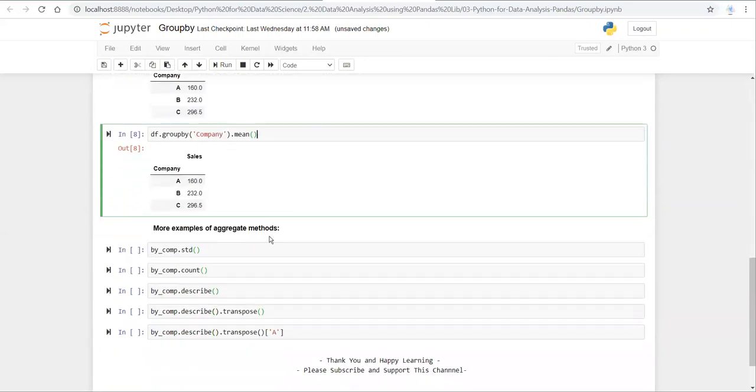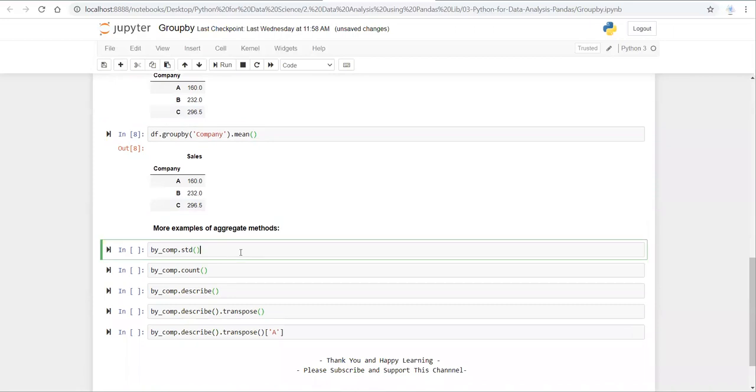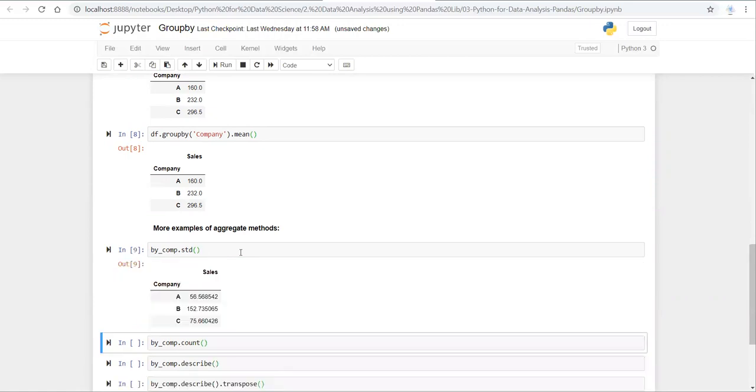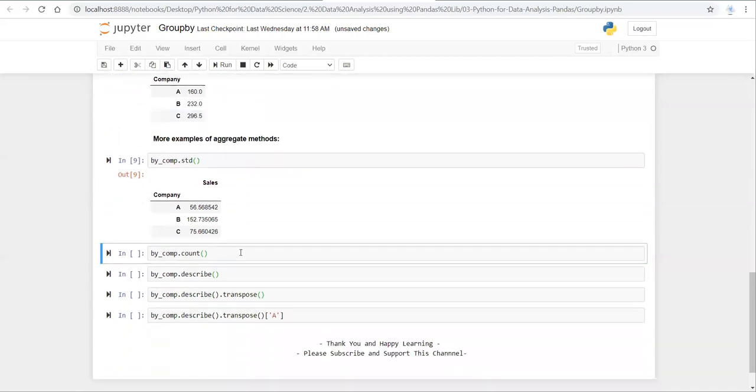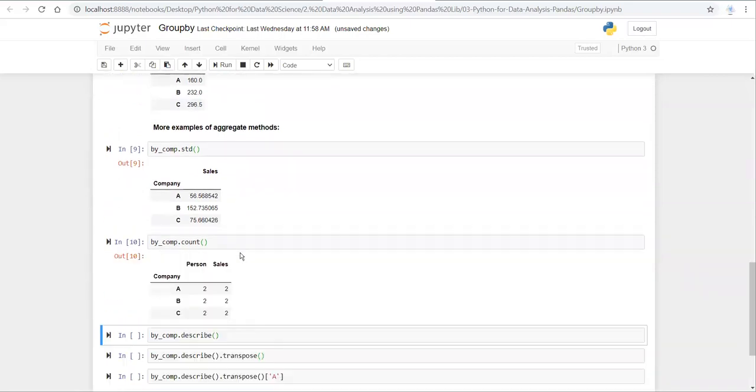Now let's take one more example. Suppose I want to find the standard deviation of sales by company. So I am running this line of code. You can see the standard deviation of sales by company. Now the count gives the count of each company by person and sales.